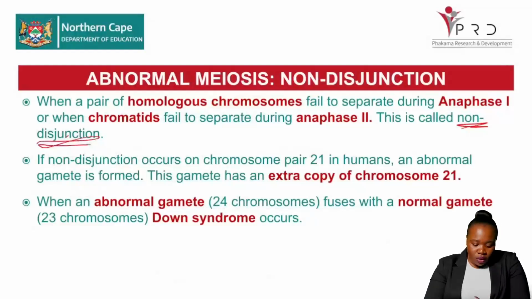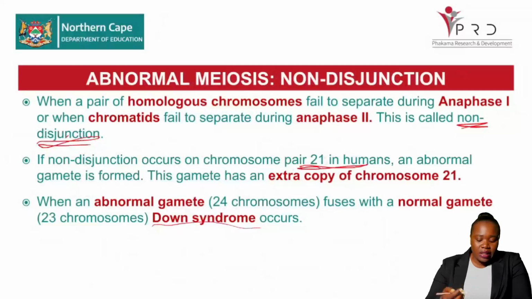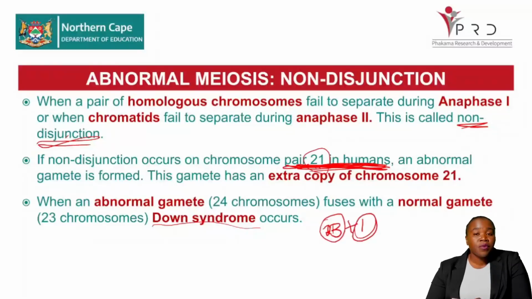Now, if non-disjunction occurs on chromosome pair number 21 in humans, that individual would then have Down syndrome, right? So let's say the female gametes have failed to separate on chromosome pair number 21. It means that on chromosome pair number 21, instead of having 23 chromosomes, we're going to have 23 plus 1 because there's an extra chromosome, right? On pair number 21, instead of having 1, you're now going to have 1 plus 1 because of the extra,